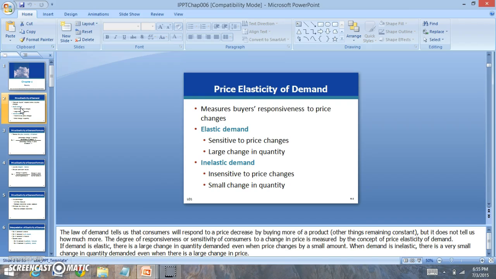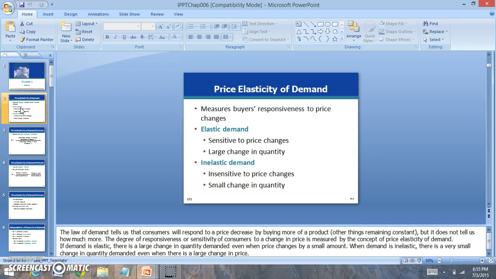Inelastic goods are goods that consumers do need, so when there is a price change, consumers will continue to buy them. A good example of an inelastic good is gasoline. For an elastic good, think of luxury goods, or a product that has a lot of